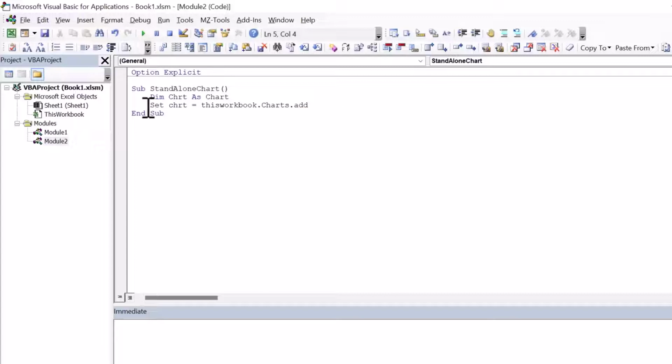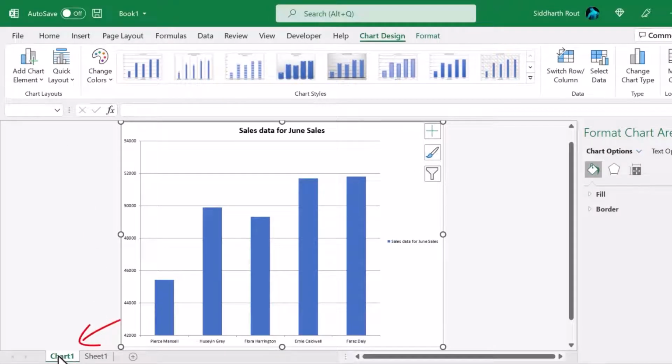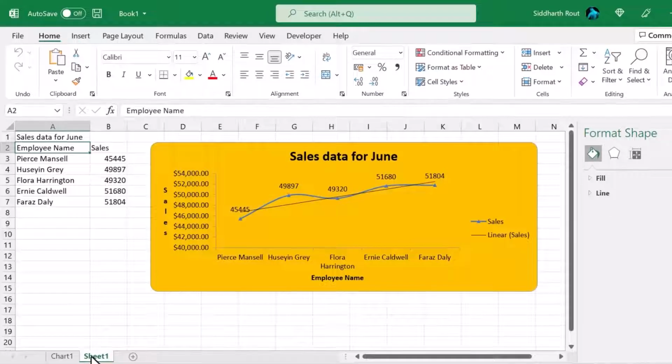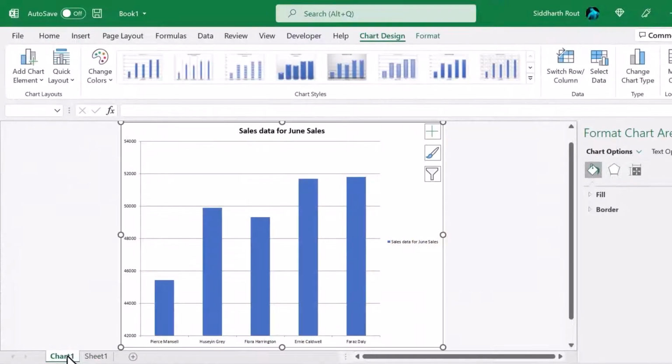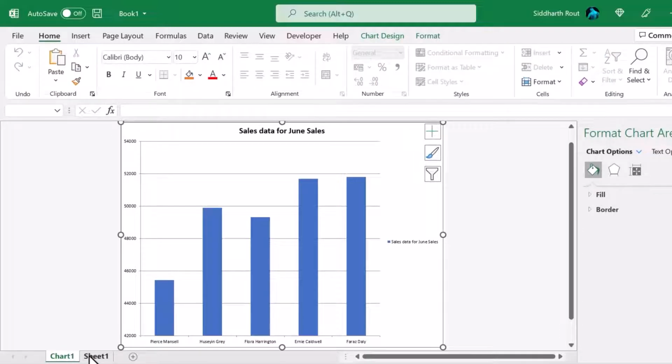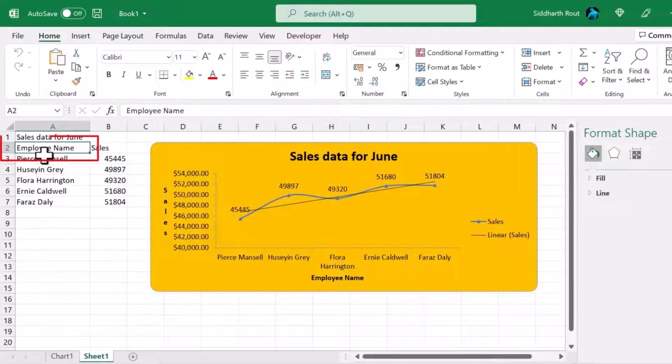When you do this, and if you run this, you will notice a chart sheet has been added. If you go to the worksheet, you will notice that the chart sheet has been created here. So this is your original worksheet and this is the chart sheet. If you notice that the chart is populated with data, that is because the cell which is here currently selected